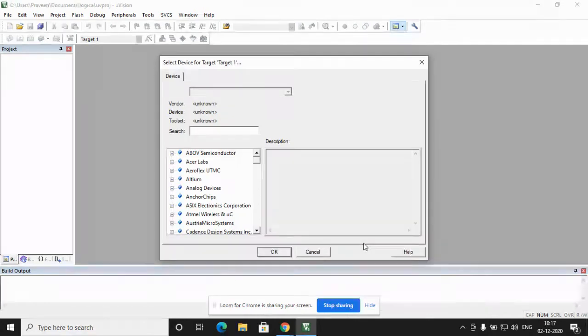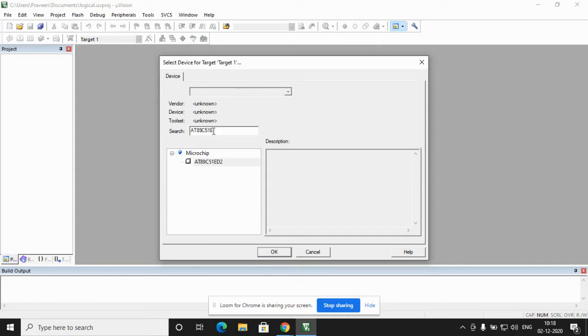Now the Keil Microvision software is going to ask us to set the vendor name and the device name. In the search tab, we are going to type AT, capital A, capital T, then 89, then C, then 51, then ED2.